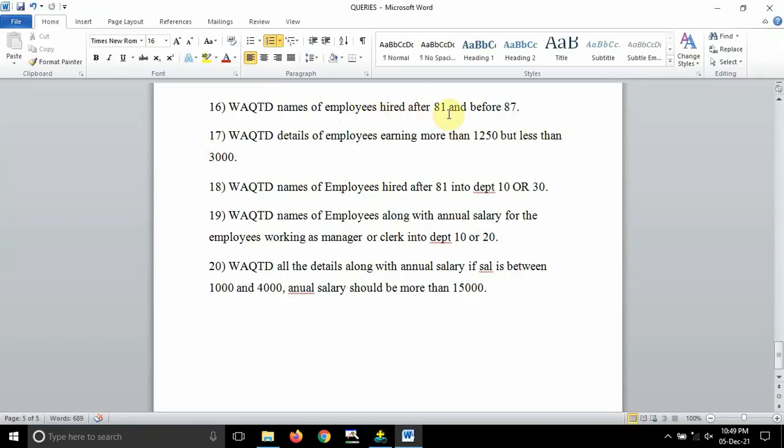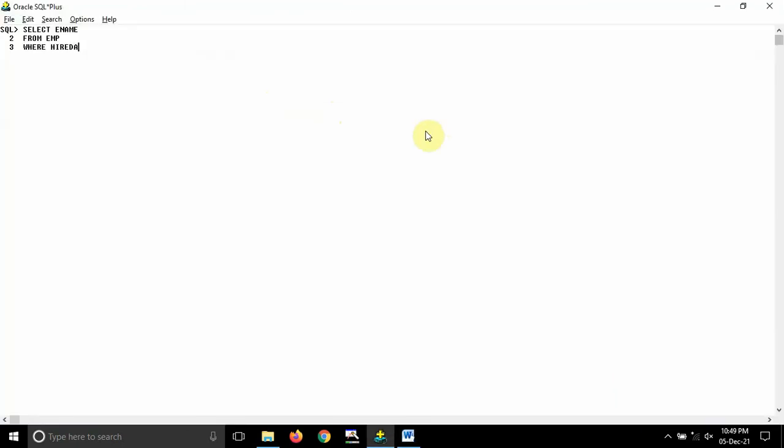Hired after 81 means the hire date should be greater than, in single quotes, the date 31 December 81. After that I will use the AND operator.